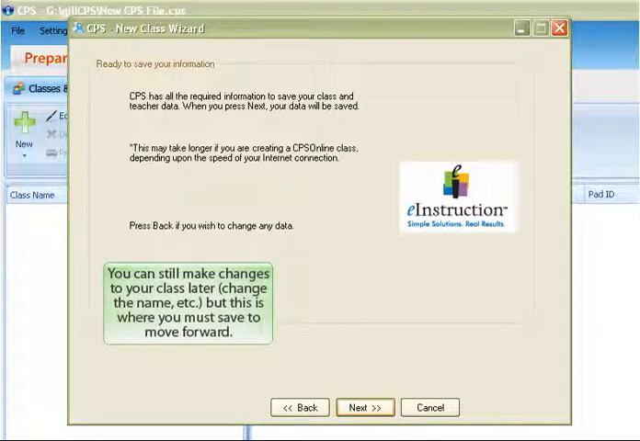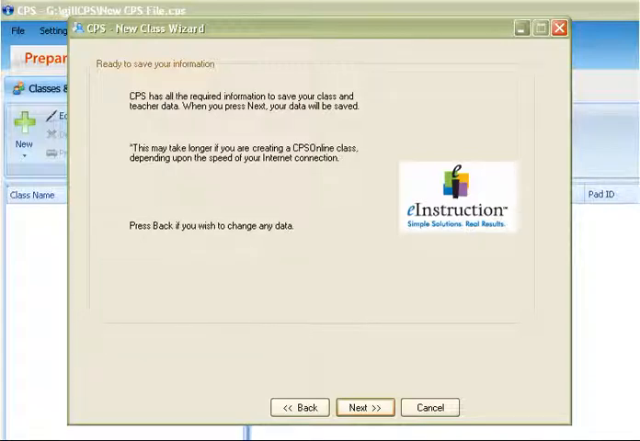It's now ready to save our information. If we go ahead and click Next, we cannot go back and change our information. If you wanted to change something or you'd entered something incorrectly, you would have to delete the class and start over. So you can go back and change it, but for training purposes,